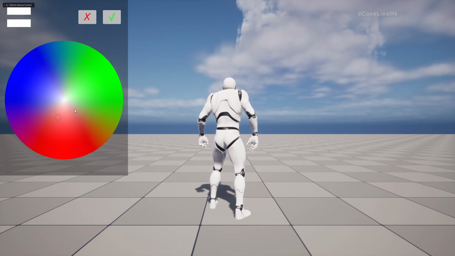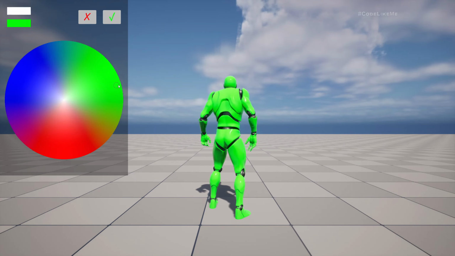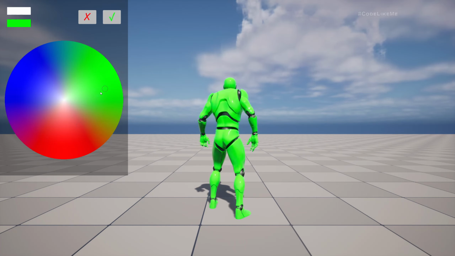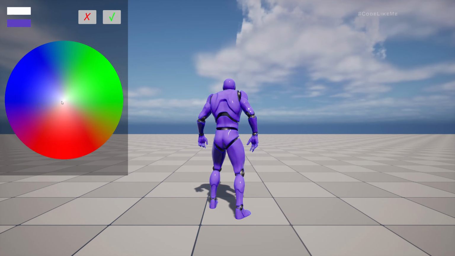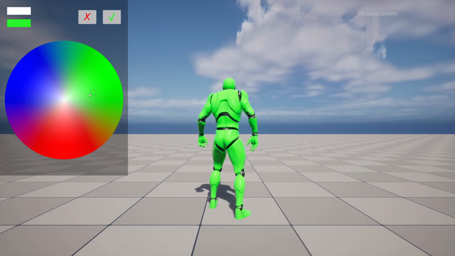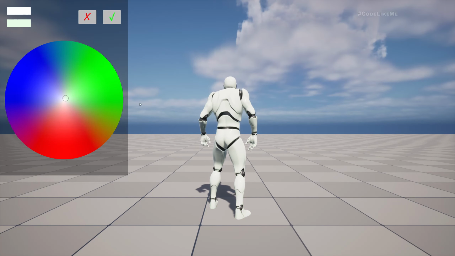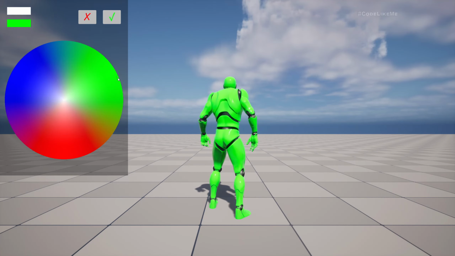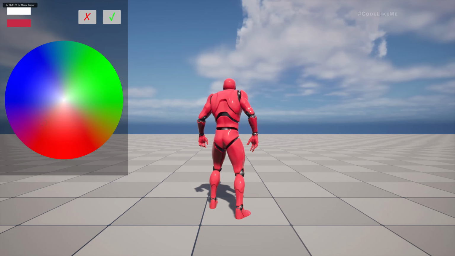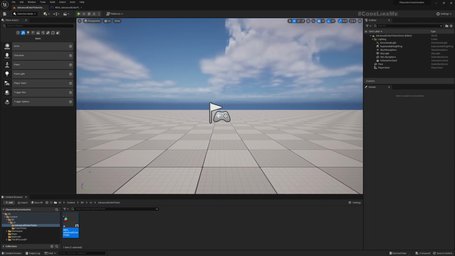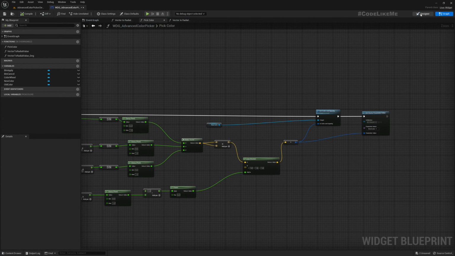Hello everyone. So this is what we have worked on at the moment. We can select the colors and it applies to the character. But we still haven't implemented the value bar and the saturation bar, which usually we have. Let me show you. If I go here,